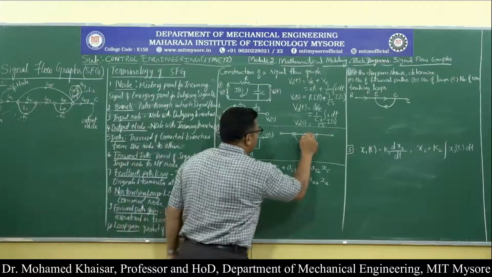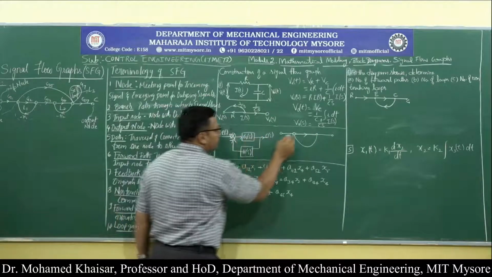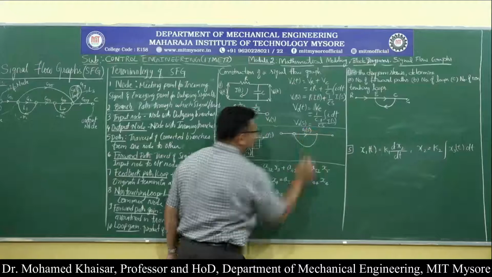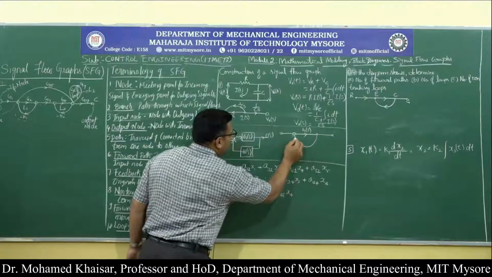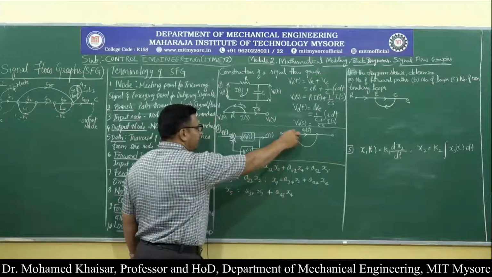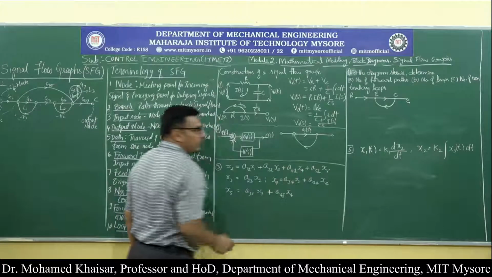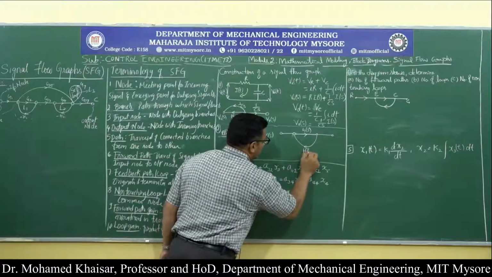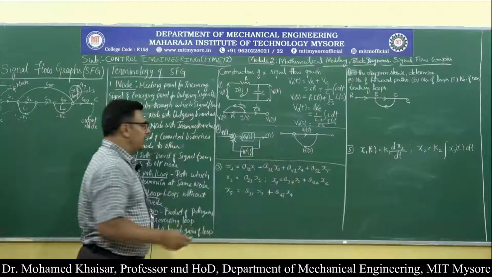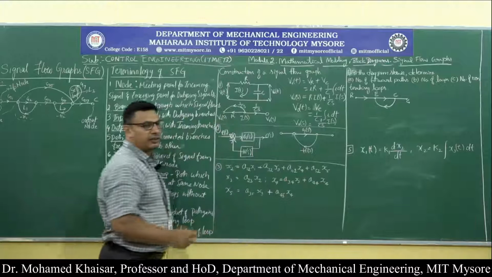Now, what is the branch gain? From here till here, the branch gain is Gs. I will write it as Gs. Then from here, the feedback loop has come and reached this node, that is from here till this summing point. So it is in the backward direction, or feedback loop, and what is the signal? It is Hs. And since it is negative in sign, I will write minus Hs.